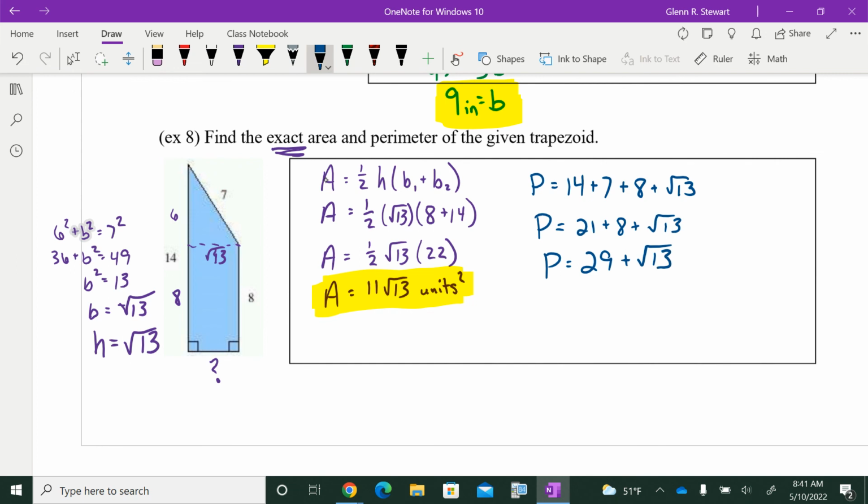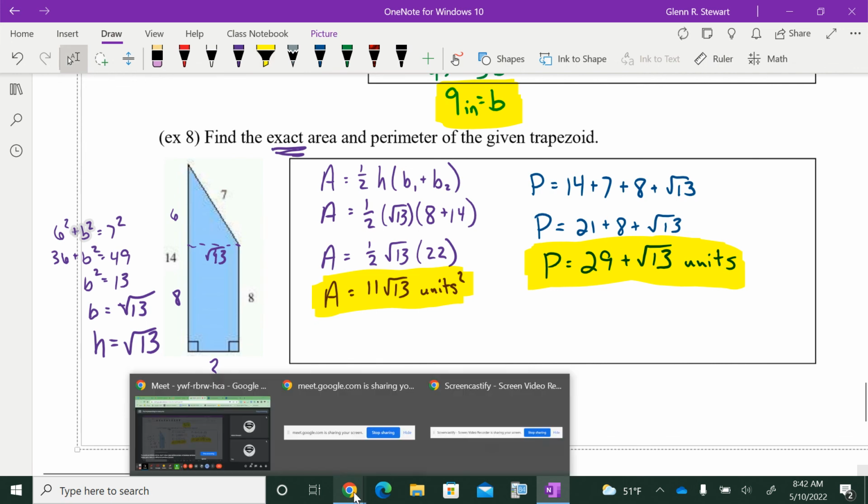Since it wants it as exact, I can just leave it as that. I can't combine the square root of 13 with 29 unless I make it into a decimal. Because it says exact, I'm not looking for a decimal; that would be an approximate. So that would be my final answer. Okay. And with that,